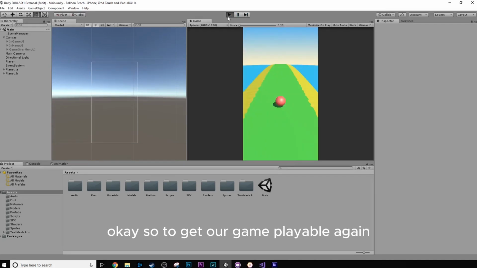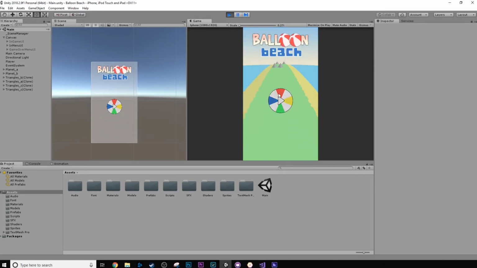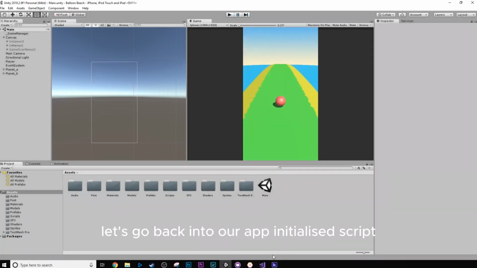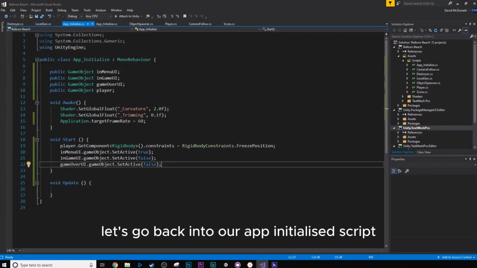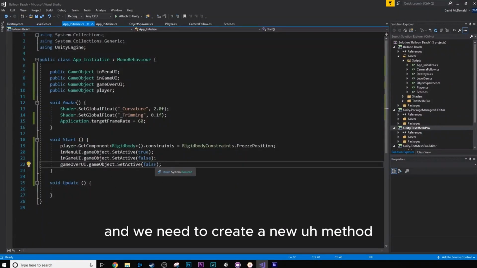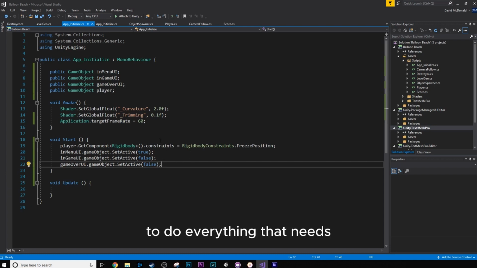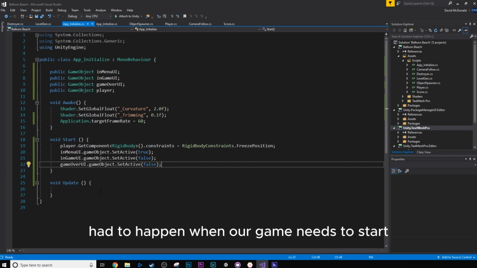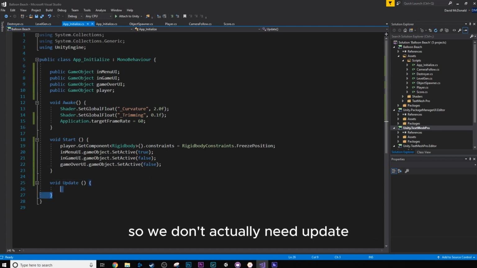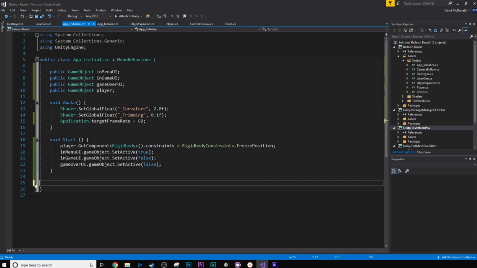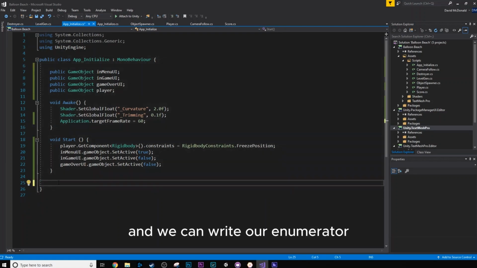Okay, so to get our game playable again, so that when we press this play button the game actually starts, let's go back into our app initialize script, and we need to create a new method. It's going to be a coroutine actually, and this coroutine is going to do everything that needs to happen when our game starts. So we don't actually need update, so we can get rid of update, and we can write IEnumerator